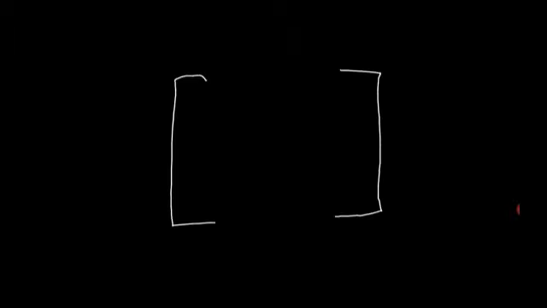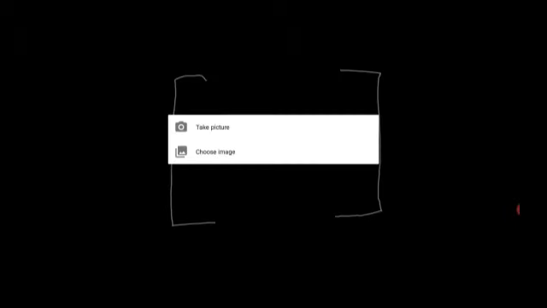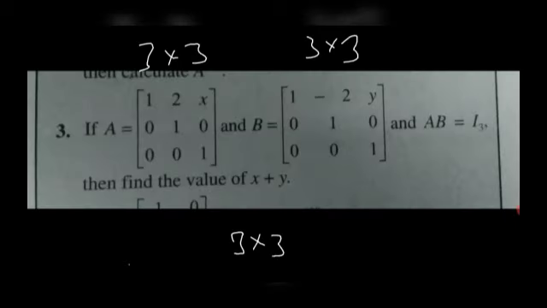So if you can see very clearly, on the first look only I can tell you one thing, that this thing is a 3 cross 1. This thing is a 3 cross 3 matrix. This thing is a 3 cross 3 matrix. The resultant will also be a 3 cross 3 matrix. And now I taught you how to do this. I'm not doing it. You have to do it as an exercise. Try to do that using that method. So you have to find x plus y in this thing.